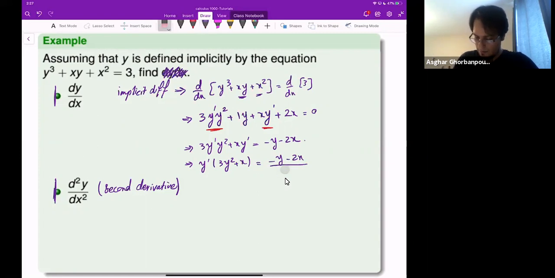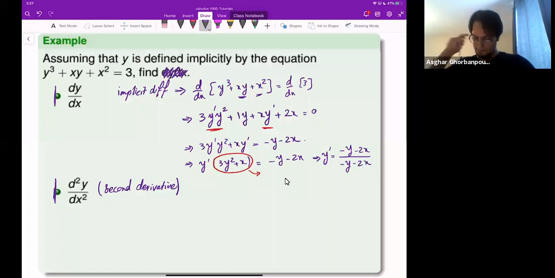I factor out y prime, and then the next step is to divide the right-hand side by the coefficient of y prime. So y prime is equal to negative y minus 2x over